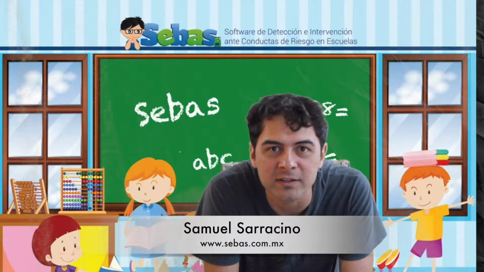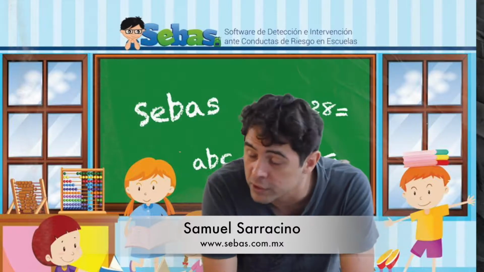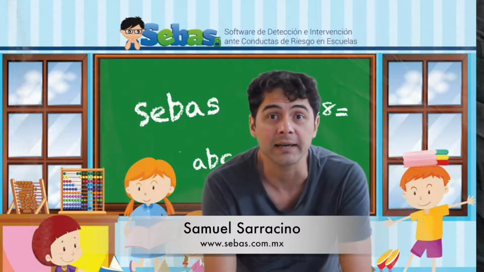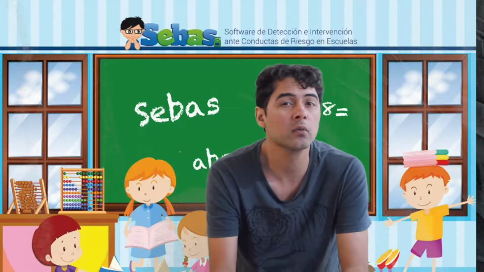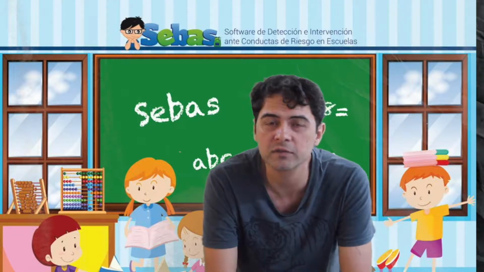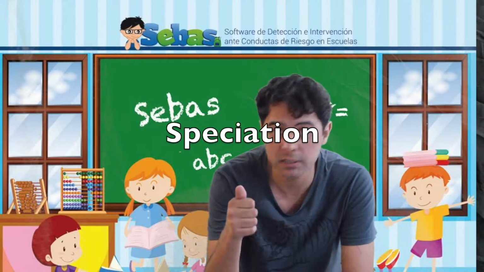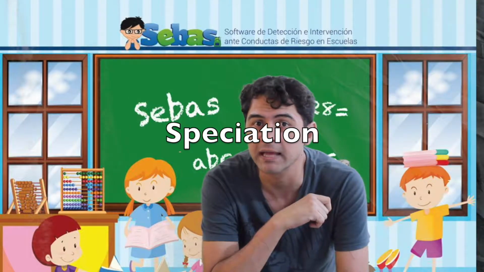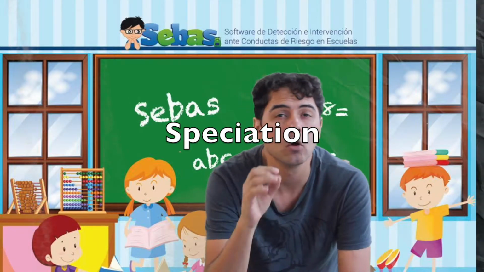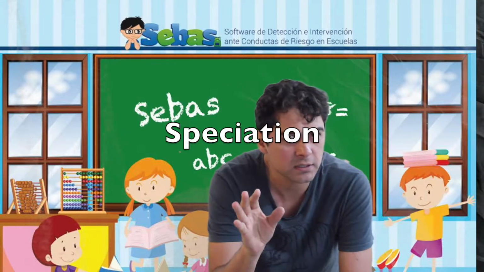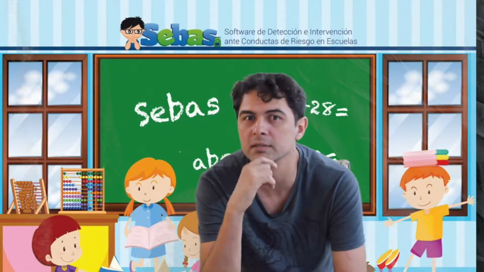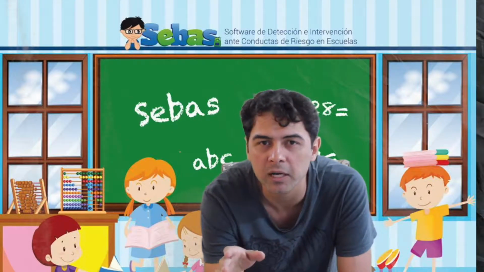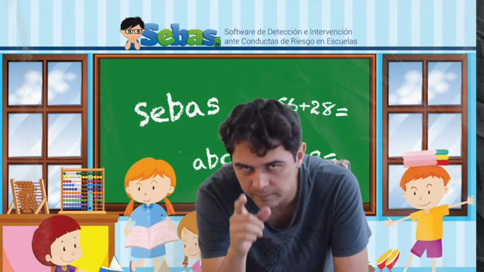My name is Sam and today we're talking about something really cool, which is speciation. How a new species is born. Alright? And we're starting with a couple of questions. The first one is, what is a species? You might as well remember that. We've seen it before. And what do you think are factors necessary to beget a new species? Alright? Give it some thought. Maybe look it up.